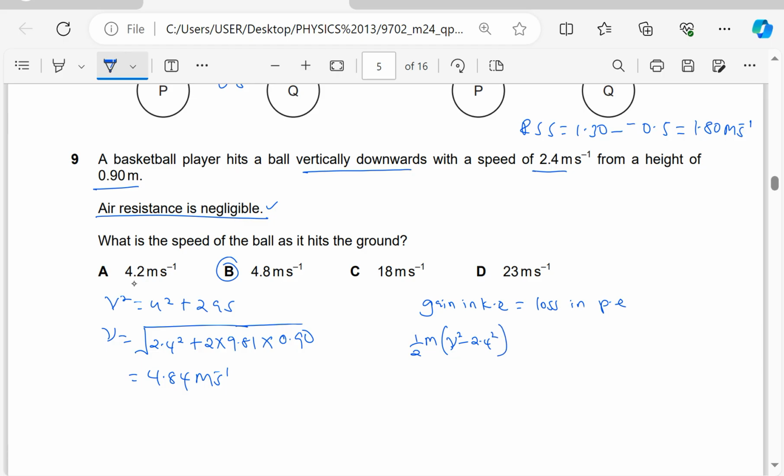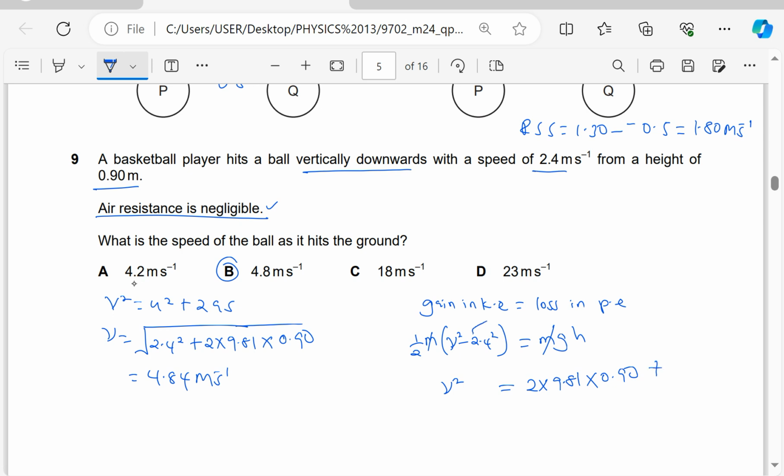I'm using a half mv squared. So this is going to be equal to the loss in potential energy, which is m times g times h. Of course, m cancels out. So I have that v squared is going to be equal to 2, I'm taking the 2 to the right hand side, times g, which is 9.81, times h, which is 0.90. Then I'll say plus